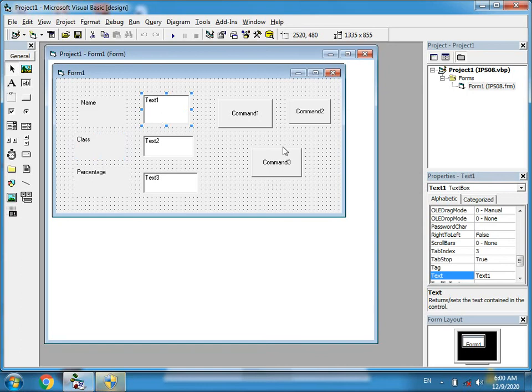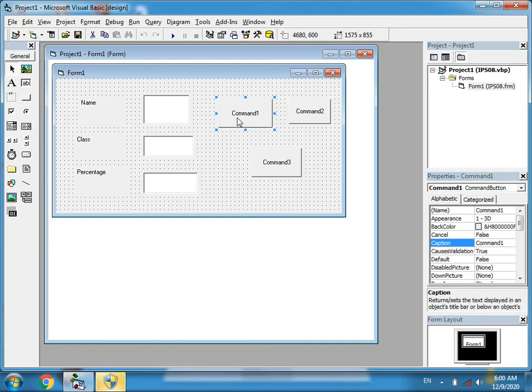Now in Text1, the Text property, I will delete Text1, so it will be blank inside the text box. Text2, then Text3. It will be blank now. Now for the first command button, I will click on Command1, then the caption.